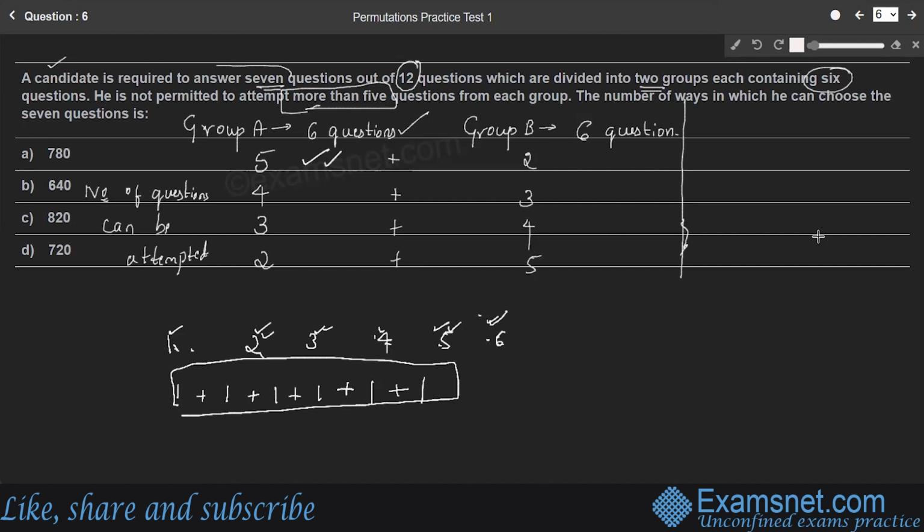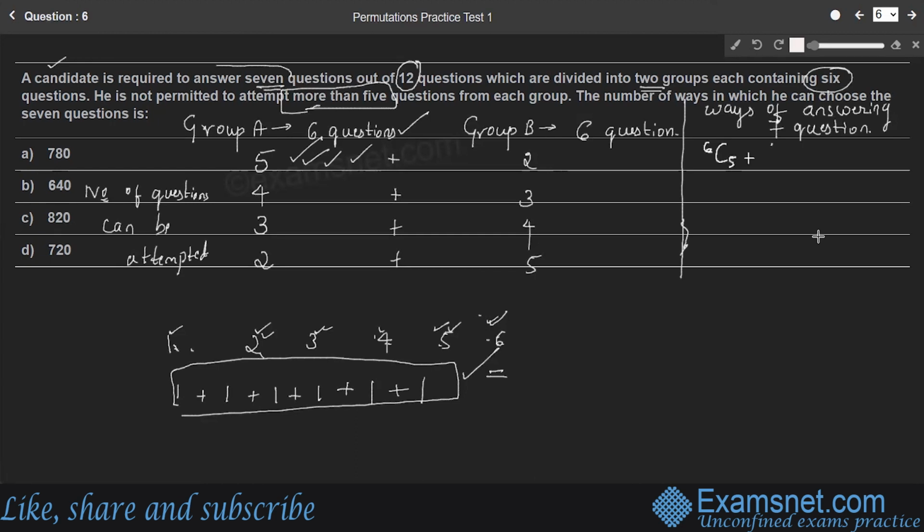In the first case, this is equal to the ways of answering 5 questions. This is not the number of questions answered, it is the ways of answering. Here totally he has to answer 7 questions. We'll consider ways of answering 7 questions is equal to ways of answering 5 questions according to the first case, plus ways of answering two questions out of 6 questions. So which is equal to 5C6 plus... sorry, not 5C6,